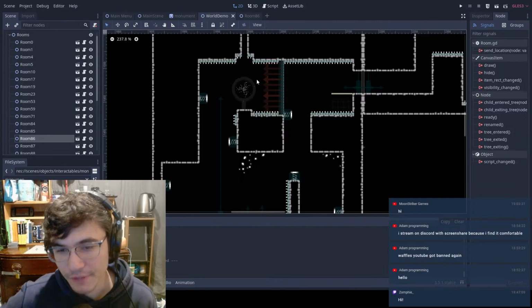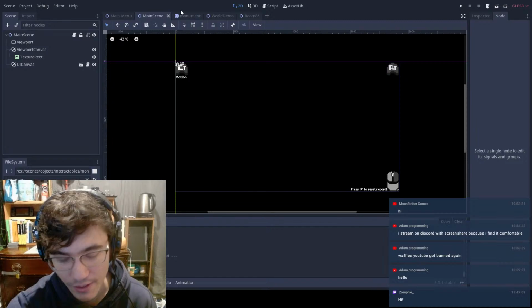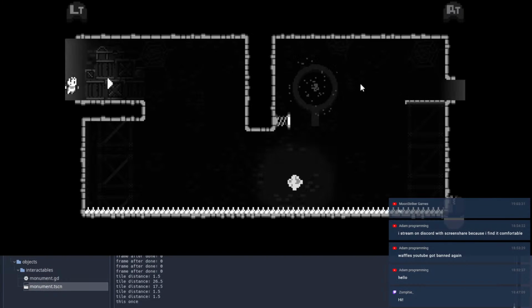So I think I want to change how we interact with things as well. I want to work on the UI a bit. At the moment, with objects that you interact with, there's usually just an icon that shows right above it. I think it looks kind of weird. I think we'll just leave it as a white outline. We'll add a white outline whenever you can interact with something,